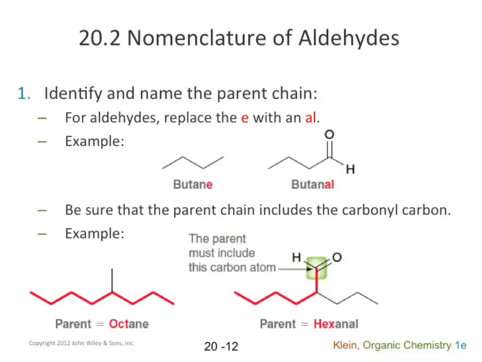Nomenclature. How are you guys doing with the nomenclature? I was just asking to see how you were doing with it. Our aldehydes, we'll get the -al ending, so you replace the E of your -ane, -ene, or -yne, and turn it into an -al. Make sure that you include the aldehyde in your parent chain, so that if we go through, not quite sure why the book did this either,